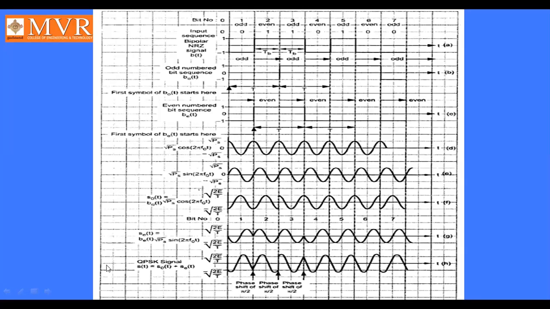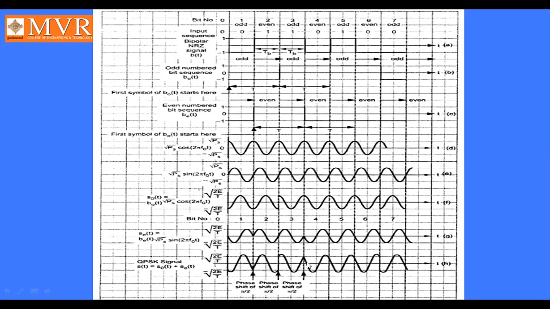So for the total QPSK signal, we can observe here, QPSK means 4 PSK. Q means quadrature phase shift keying, also called 4 PSK. Why is it called 4 PSK? Because it has 4 phase shifts in a single signal. So observe here, this is your first phase shift, second phase shift, third phase shift, and here the fourth phase shift. Quadrature phase shift keying means there are four phase shifts in a single signal.